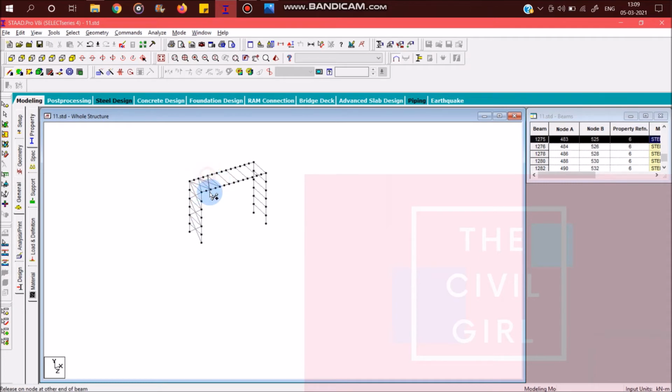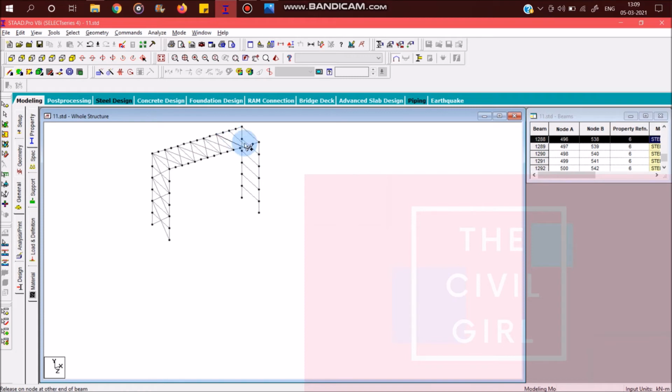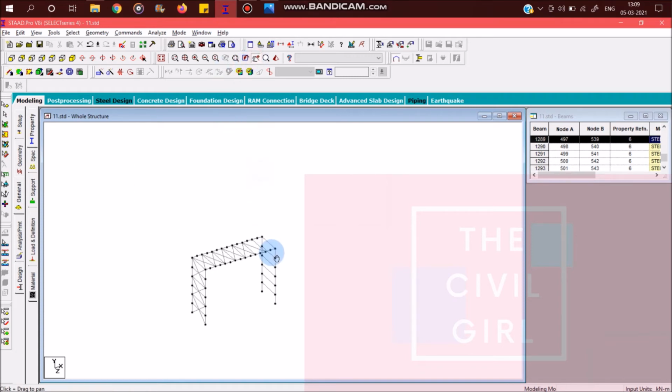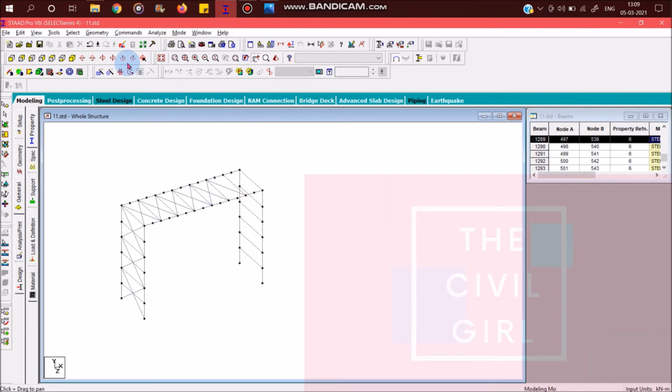So the bracing used here is a simple cross bracing. You can go for chevron bracing, which are inverted V bracing, anything that you want. So X bracings, they are just easy to design and easy to assemble on the site also. Therefore I'm going for X bracings here. So just pan in, click on add beams. Once you have added beams for one structure, it will be easy for you to do it for other bays also.